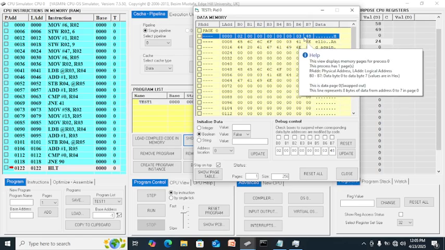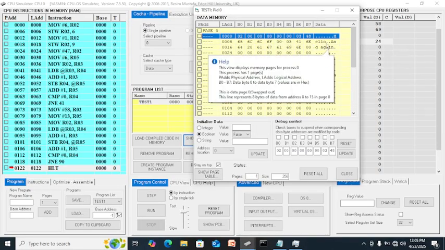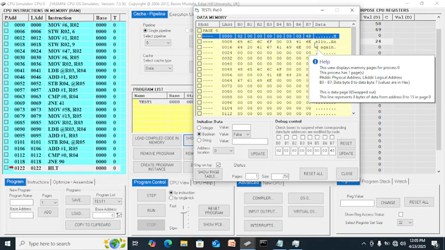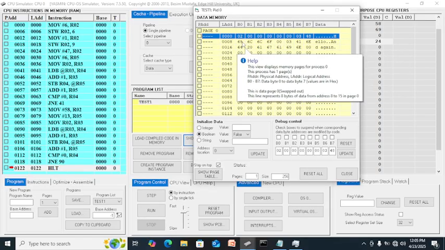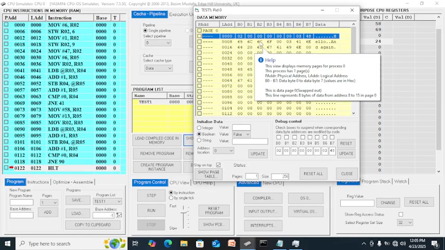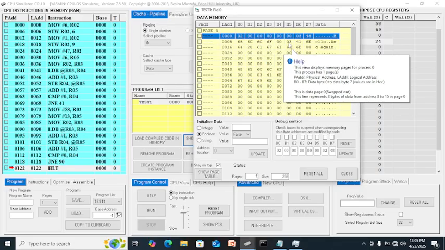6, 9, 10, 11, 12, 13 is correct. So how do we start from here? 8, 9, 10, 9, 8, 9, 10, 11, 12, 13.